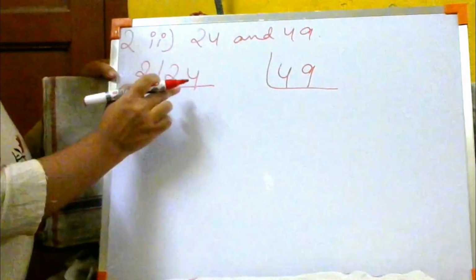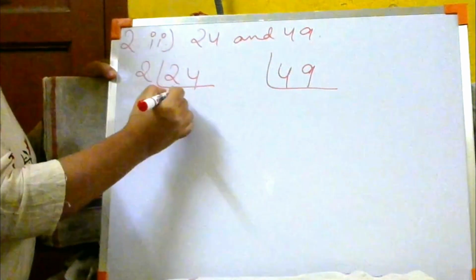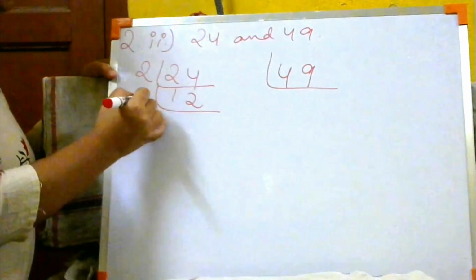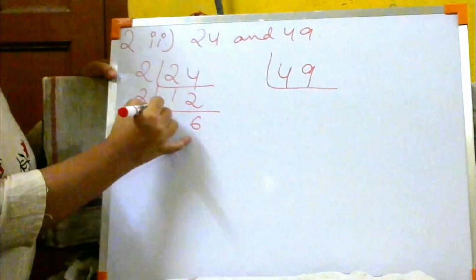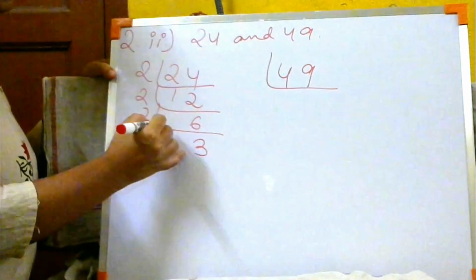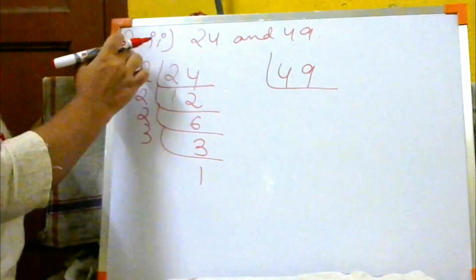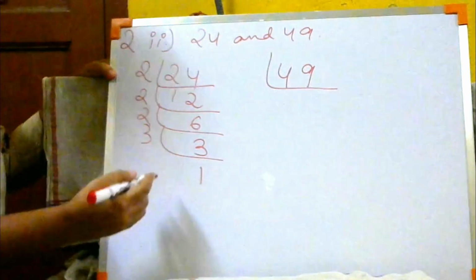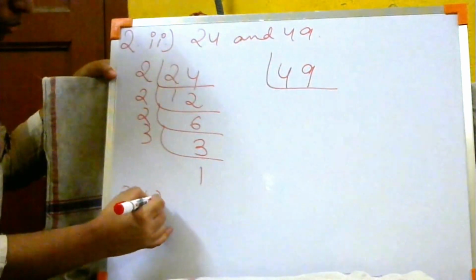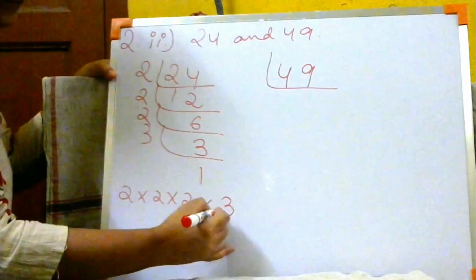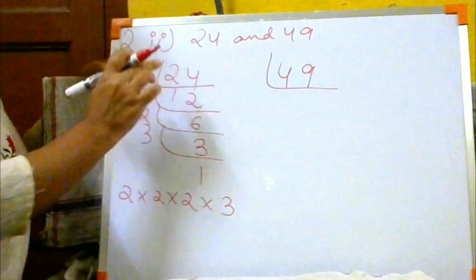2s are 2 से कितने times जाता है ये 24? So 2 12s are 24. Again 12 कितना times जाता है? 6 are. Then 2 3s are 6. Then 3 1s are 3. Last में हमको 1 लेके आना है. ठीक है? So these are the prime factors of 24. So you can write over here 2 into 2 into 2 into 3. ठीक है? इसको multiply करो, देखो 24 आएगा.